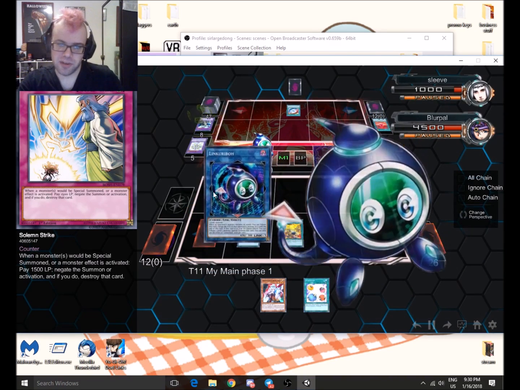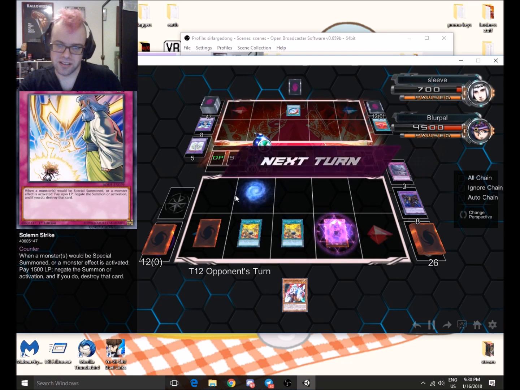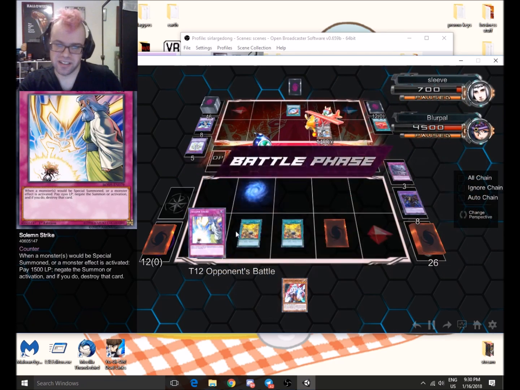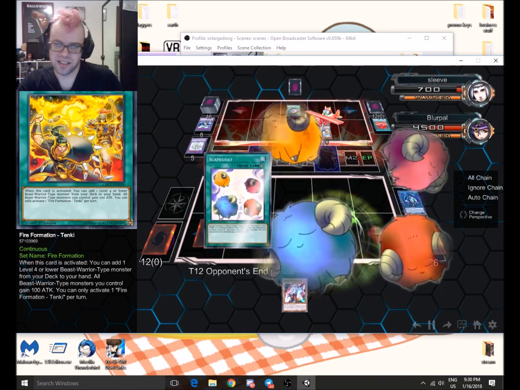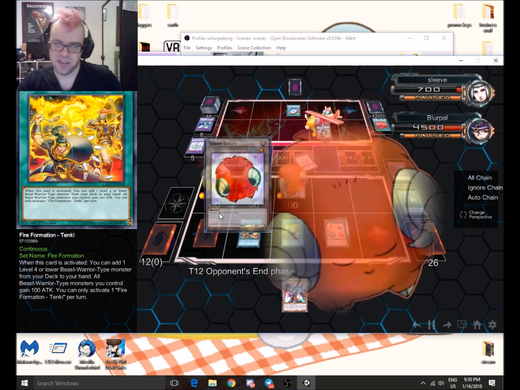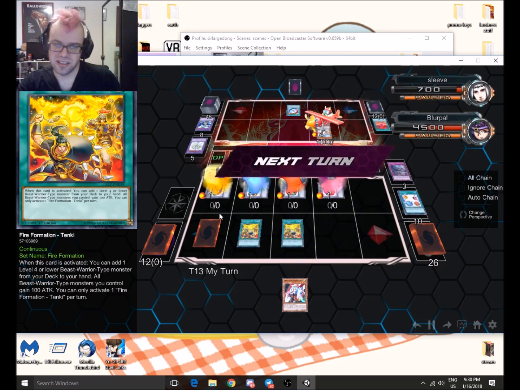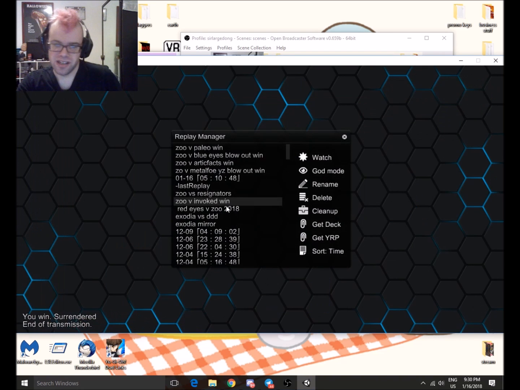Here I'm a real man. I go into Link Rebo and attack for the 300. I just thought that was the funniest shit. Nope. Here's the Scapegoats, and I believe they scoop at this point. I mean, I'd scoop at this point. Yeah, there it goes. There's the surrender. And the last one we have is